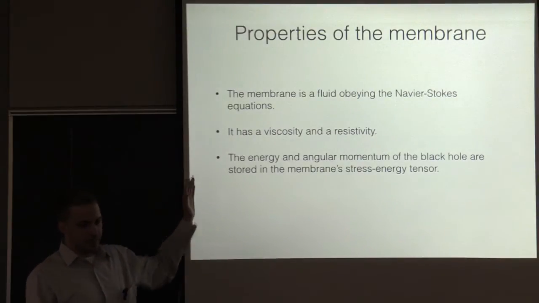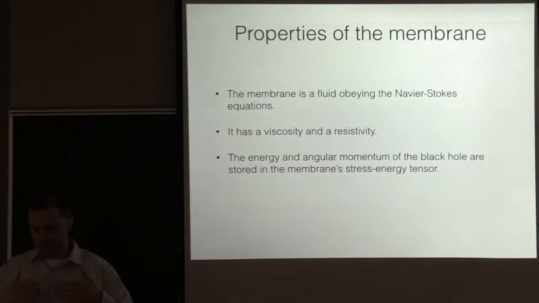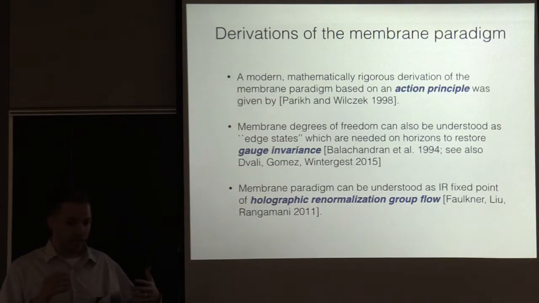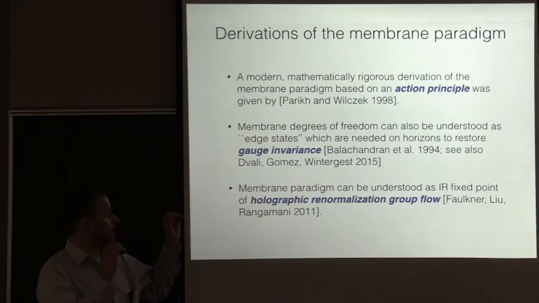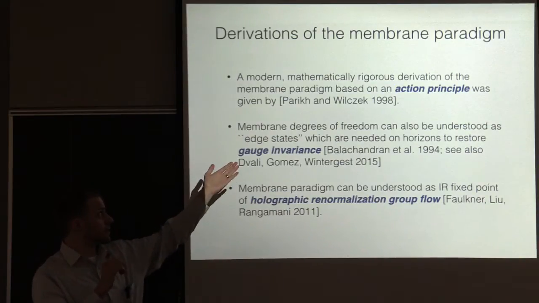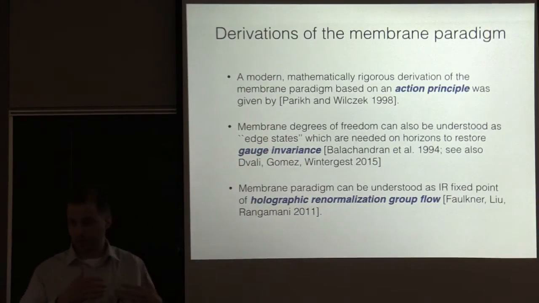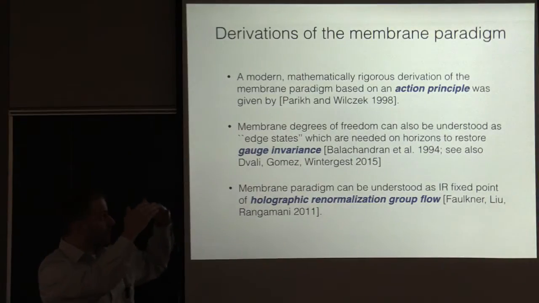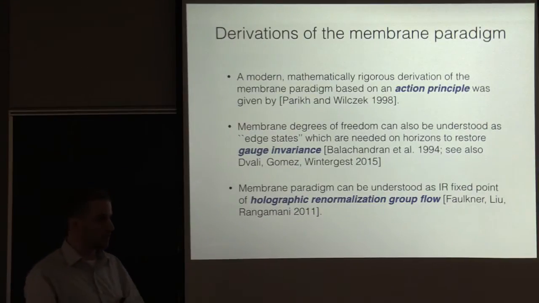So this way of getting it by a series of thought experiments is sort of the 1980s way, but there's a much better way to derive this now. Well, there's actually several. And they're more mathematically rigorous, and it's just clear from the mathematics that every step is justified and that it's all self-consistent. And so the really nice way to get it, in 1998, Parikh and Frank Wilczek have a paper on the membrane paradigm. This is what I'd recommend as a starting point if you want to learn how to do it in a modern way. They derive all the properties of the membrane from a nice action principle formulation. And it's just very transparent and clear that everything's mathematically rigorous and that there are no inconsistencies.